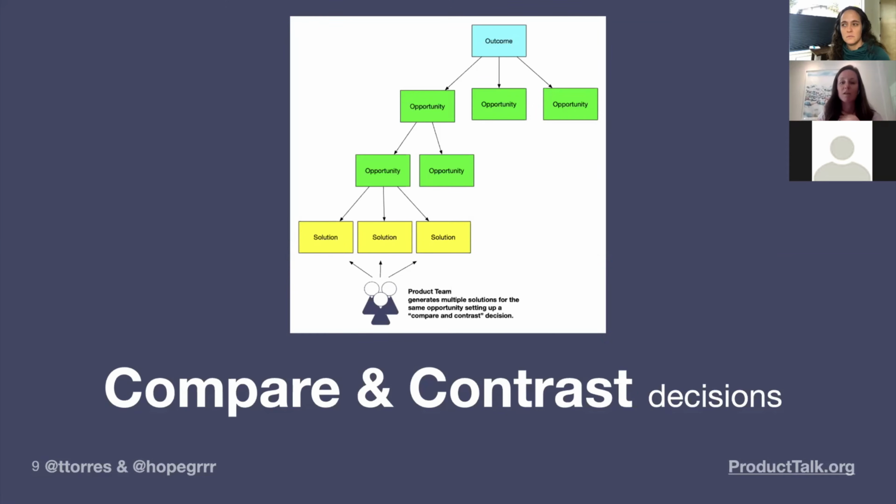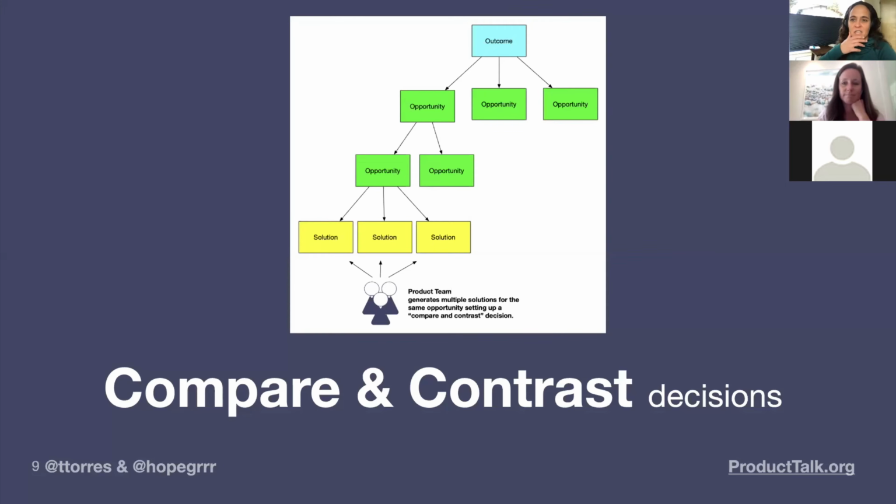And so I think why this principle is so impactful for product teams is when you're explicit about how you're going to judge one versus another, you can have more productive conversations and you can be more focused in what you need to learn as quickly as possible. And I think that's why framing decisions as compare and contrast can really help accelerate teams from feeling like they're in an endless loop of research, expecting some epiphany to just appear. Yeah, this is great.